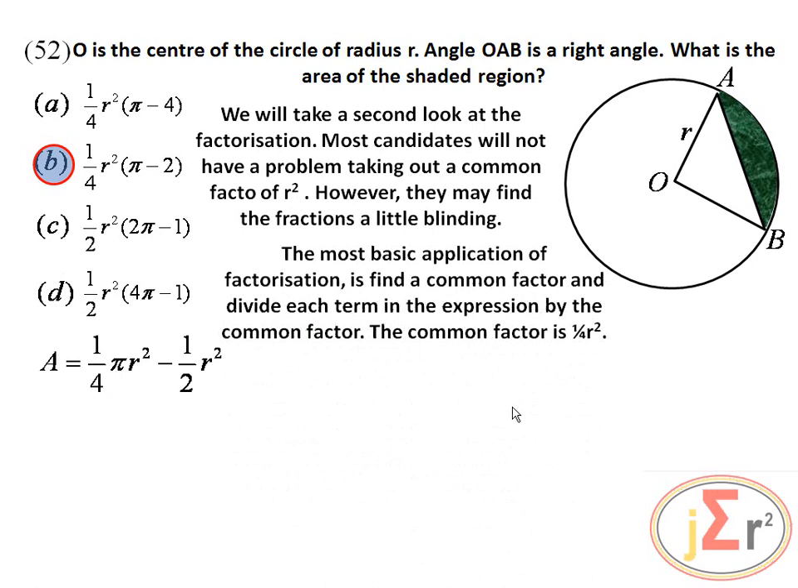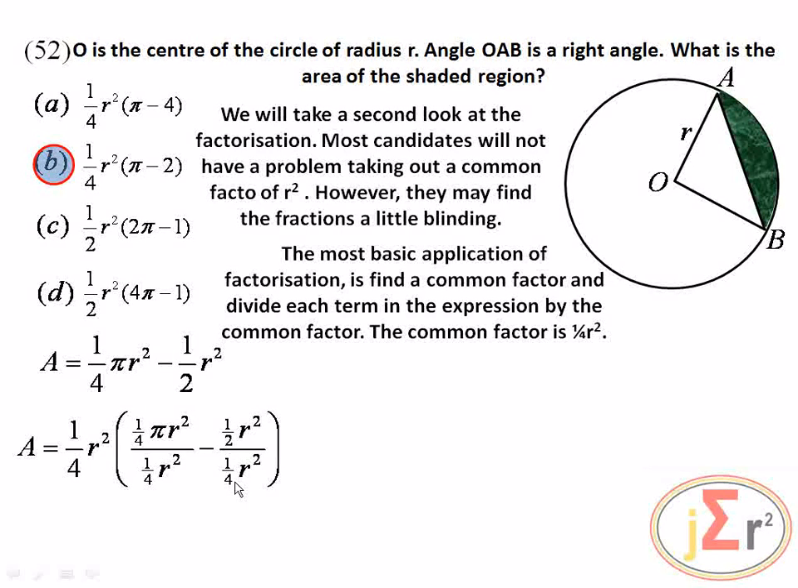The most basic application of factorization is to find a common factor and divide each term in the expression by the common factor. The common factor is a quarter r squared. So we will take out a quarter r squared, and what do we do with a quarter pi r squared? We divide by the common factor, a quarter r squared, and what do we do with the negative a half r squared? We divide that by the common factor, a quarter r squared. In the first case,